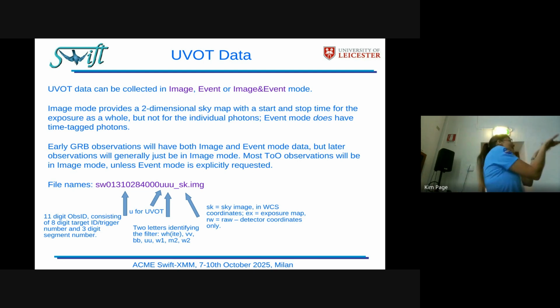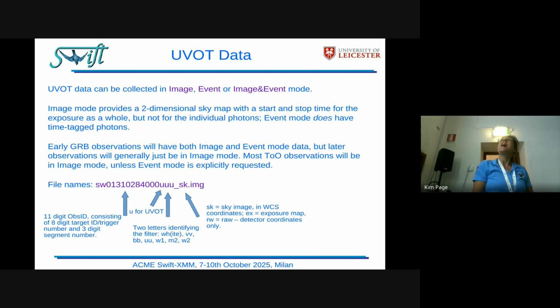Whereas if you have event mode, it's like for XRT, you literally get an event list which tells you the times all the photons arrive. The vast majority of UVOT data will be collected in image mode. Early GRB observations have both, and you can request event mode data if you have a good scientific reason, if you put in a target of opportunity request. The reason we stick with image mode is that it's less telemetry, and there's no point collecting all the time tagging of photons and downloading all that extra data if nobody cares about it